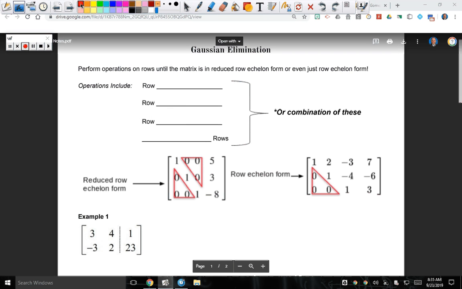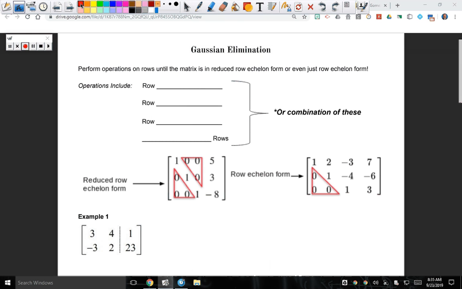Okay guys, today we are doing Gaussian elimination, and it's basically what we did last time, but without the variables. Sometimes when we have the variables x, y, and z, it can become a little bit cluttered, and then there's just too much to look at. So to be more efficient, you're going to see what we're going to do with these matrices and just the coefficients